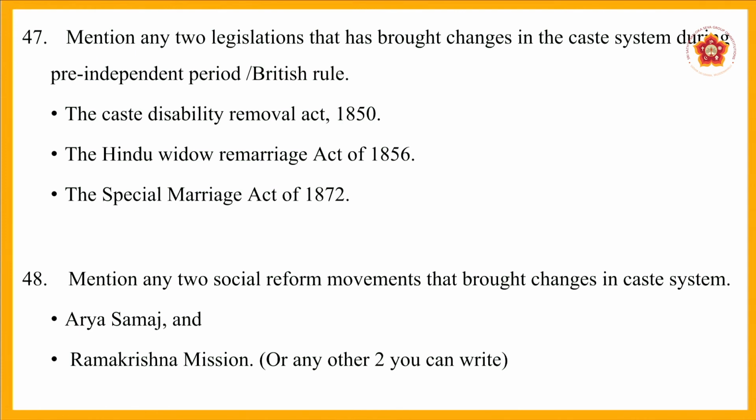Mention any 2 legislations that have brought changes in the caste system during the pre-independent period of British rule. So, you have to mention any 2. So, we have given you 3 here: the Caste Disability Removal Act of 1850, the Hindu Widow Remarriage Act of 1856 and the Special Marriage Act of 1872. So, these were the acts which actually removed the